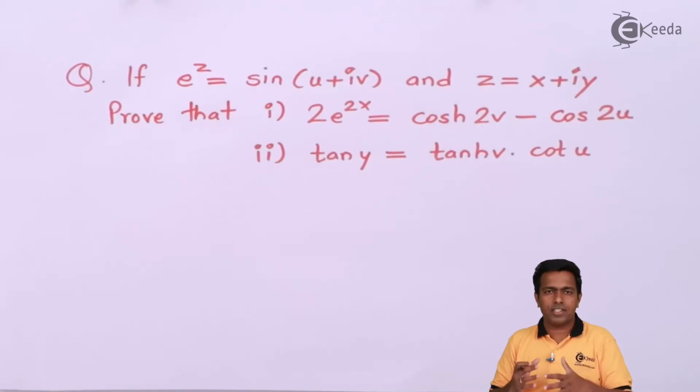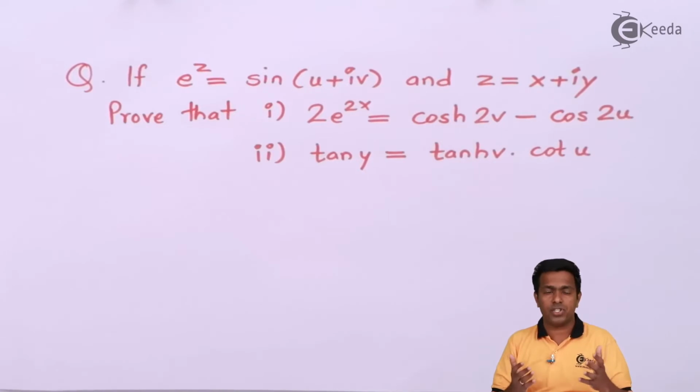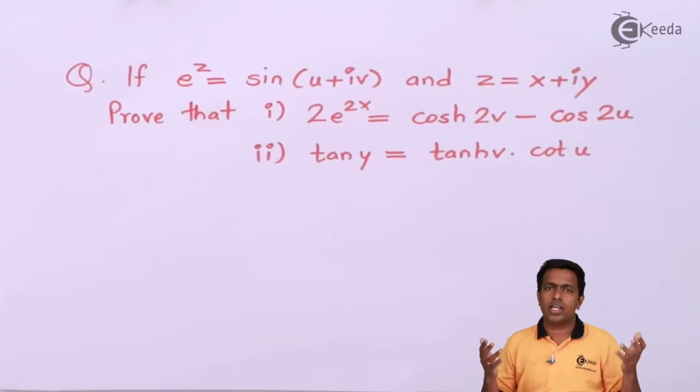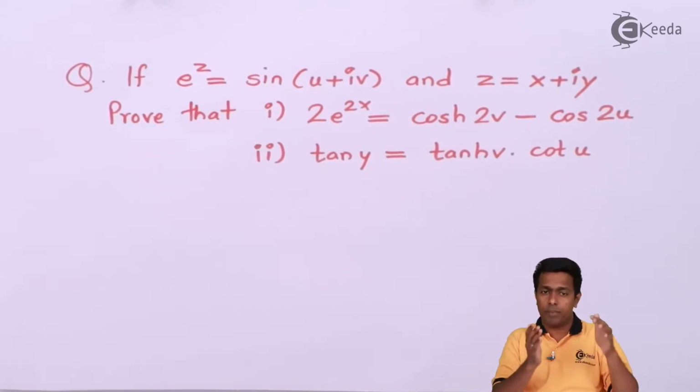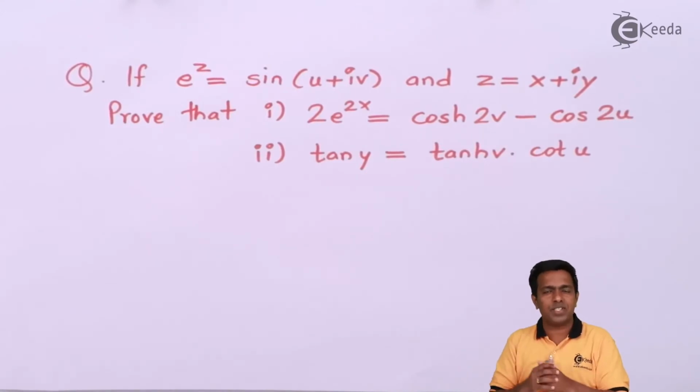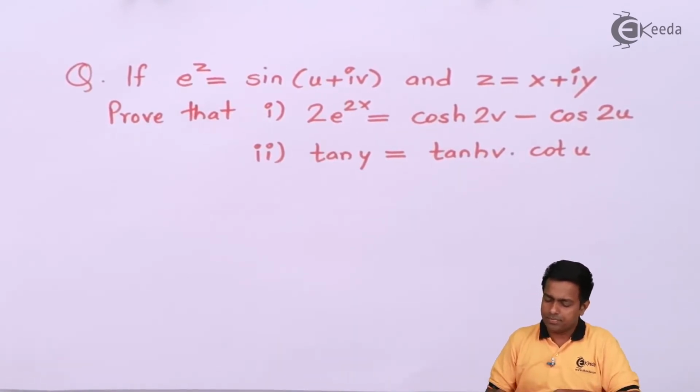So guys, whenever such a situation comes where both sides have different variables, and the same type of variables are given in the question, we use the method of separating the given function into real and imaginary parts. So here what I'll do is, on both sides we'll find the complex number, we'll compare the real part with the real part and the imaginary part with the imaginary part, and then we'll get a few equations, and solving those equations we can get the answer. So let's start.